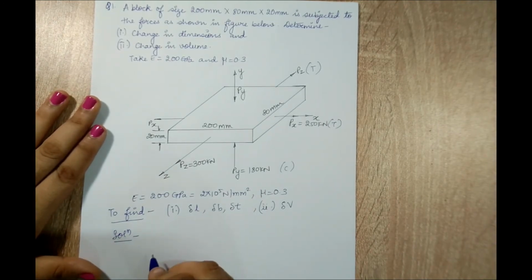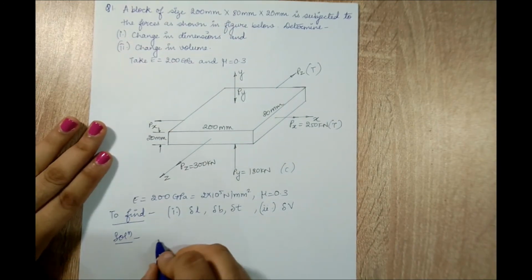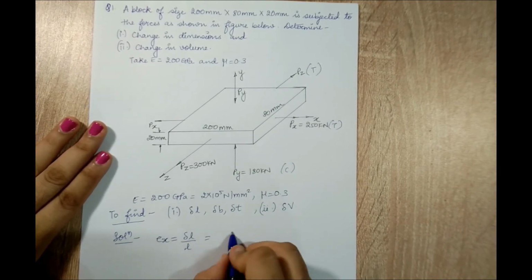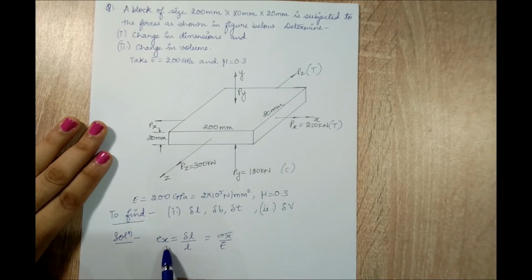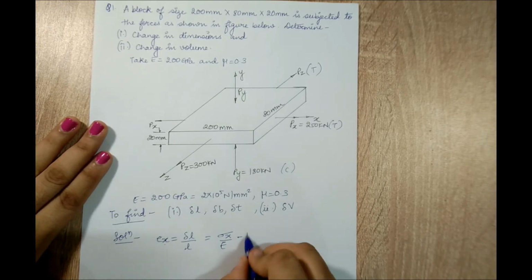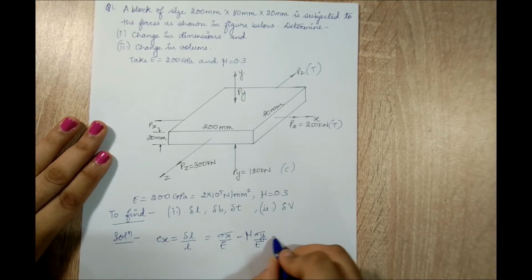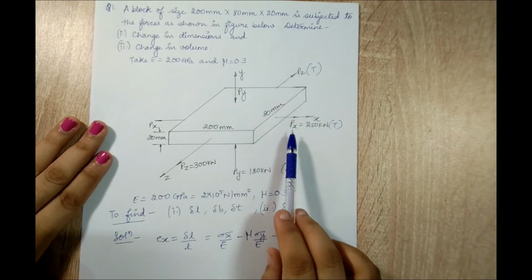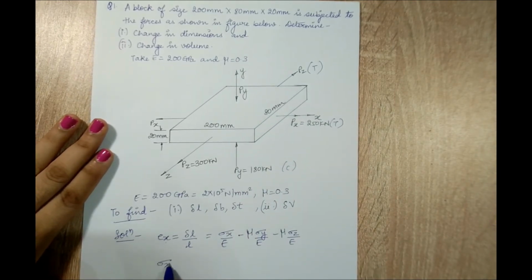First I'll write down the equation which I was just talking about, that is Ex, which is delta L by L. The formula for this is sigma x upon E, because we are talking about strain along the x axis. So I will assume that the load is along the x axis, which means the major linear changes are along the x axis, and the rest two are lateral. Now here the load is given to me. I can also calculate the area. So to calculate the stress sigma x, it will be Px upon Ax.